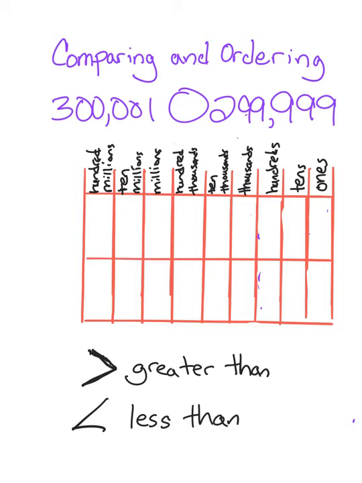Now we have two larger numbers. The first one says 300,001, and the second one says 299,999. Again, when we look at them, we can place them into the place value chart. This 3 is, of course, in the hundred thousands place. So I would write that in there. That would be 300,001. And the other one we can put underneath of it would be